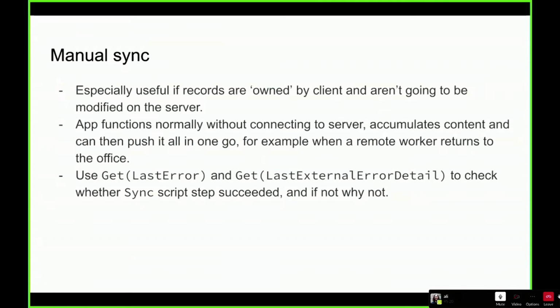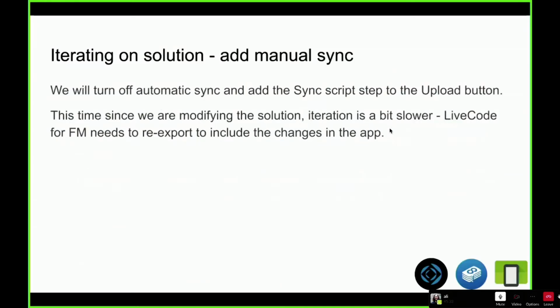And with the sync script step, you can use get last error and get last external error detail to check whether it succeeded, and if not, why it didn't succeed. So we're going to iterate on the solution and add manual sync.